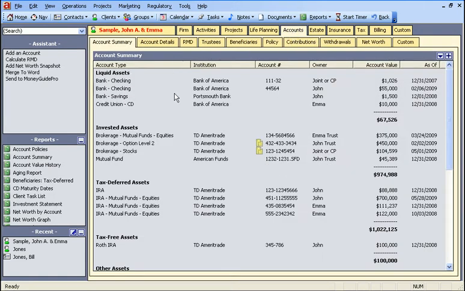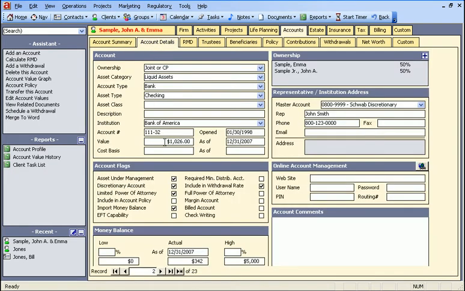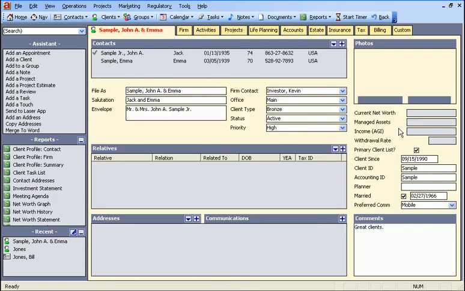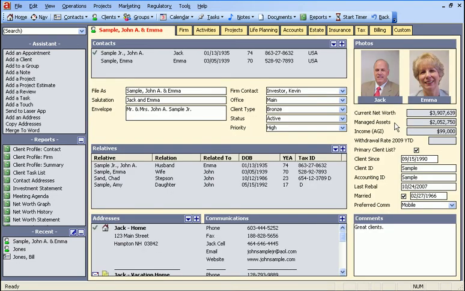this is where you would enter a client's assets and liabilities. If you are managing some of their assets, you would go to the Account Details tab and select the Assets Under Management checkbox. Notice there are several other checkboxes that are available depending on how the account works. The Assets Under Management checkbox feeds this calculated value from the main client profile. The Current Net Worth field is the sum of all the accounts you've entered for a client, the assets minus